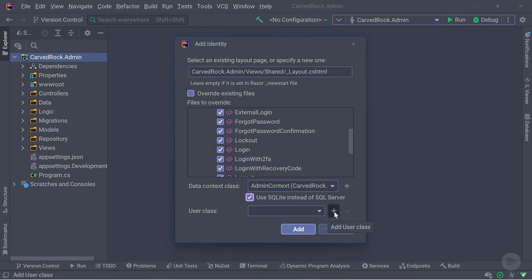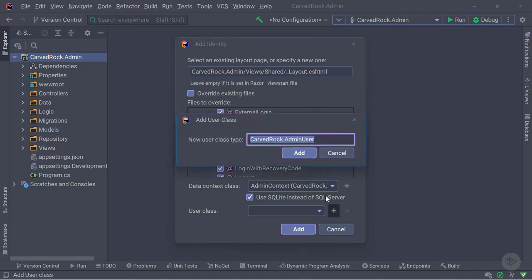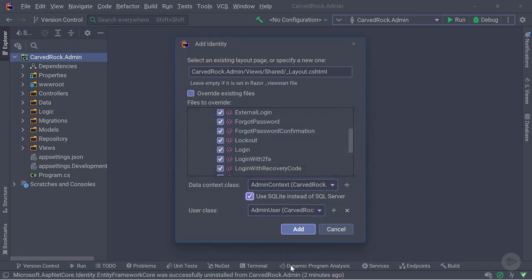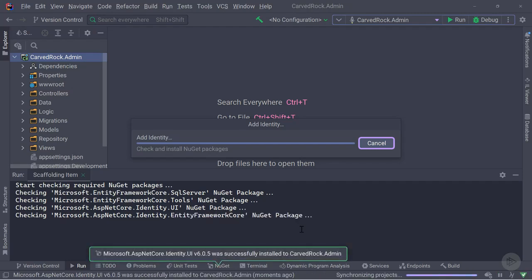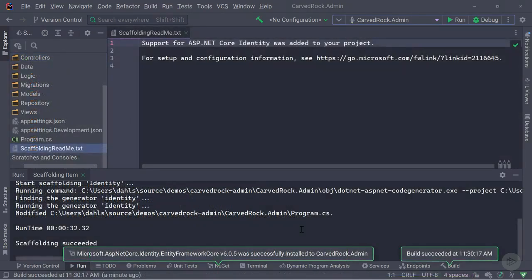And finally, I'll create a new class to represent the user, and this also adds CarvedRock to the name, which I'll remove to just leave it as AdminUser. This all looks good now. We'll use our default layout, we'll generate all of the different UI pages, and we'll have new data context and user classes. I'll click Add. This will take just a second, and will build the project as well,